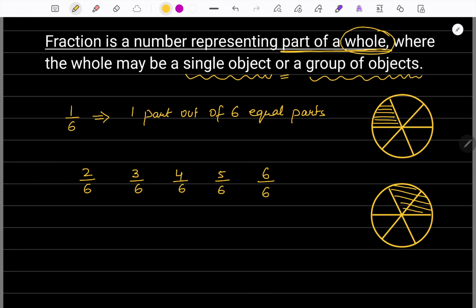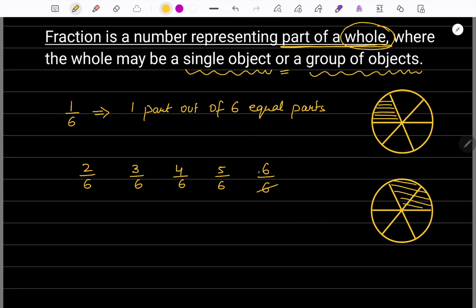So here we can see that in general understanding, the child is having the whole pizza, 6 parts out of 6 equal parts. Now how to show it mathematically? The denominator is going to cancel out the numerator and what we get is 1. So here 1 represents the whole pizza. So this is how we show that the word whole can be used for a single object, that is a pizza in this case.